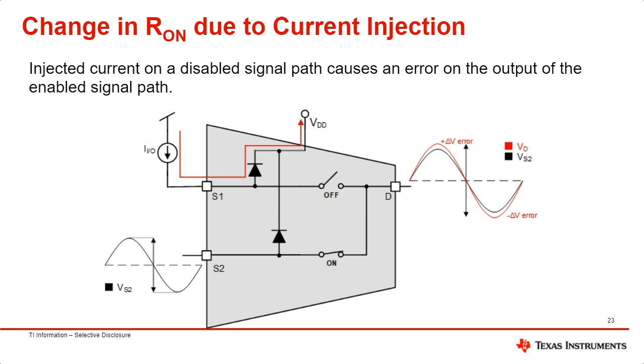on D. But you have an injected current event going on S1, and due to that injected current, you're having a delta V error. So instead of seeing that black even graph that you see on S2, you will see the delta V graph, basically with the error. So when you do have the current injection feature in your device, that delta V decreases. So the error decreases, and the voltage signal you see in the drain pin will look very similar to your input voltage you're inputting to the source pin.